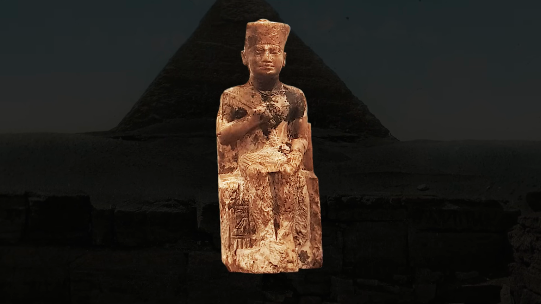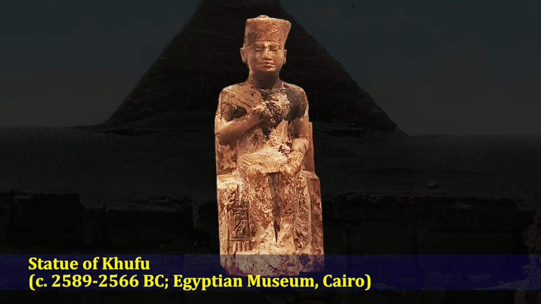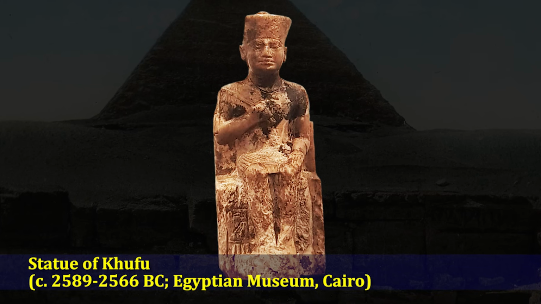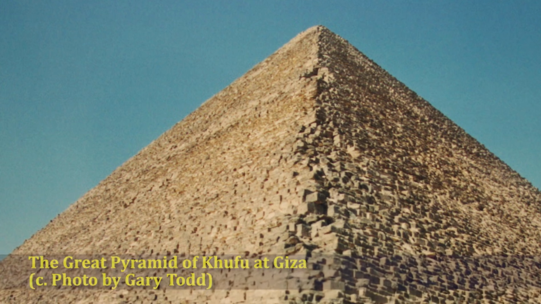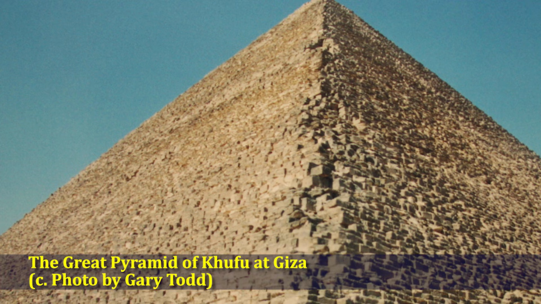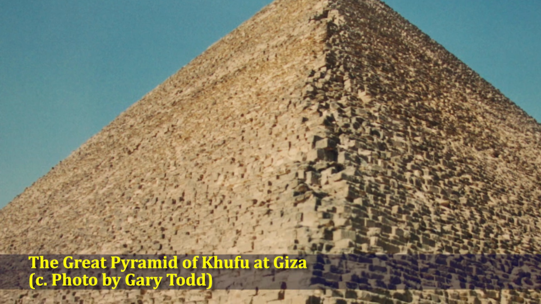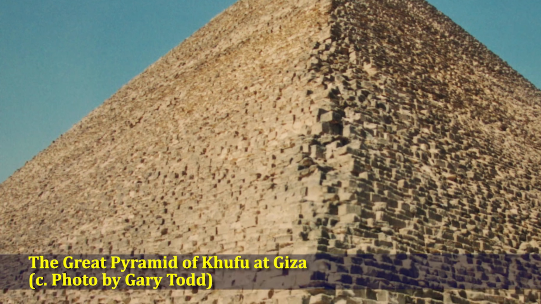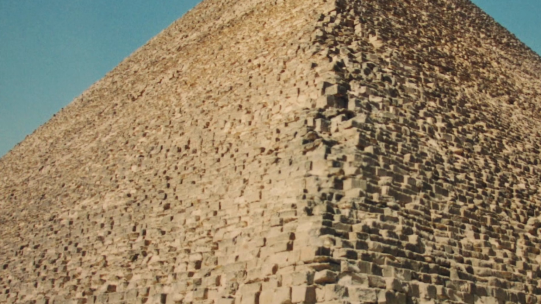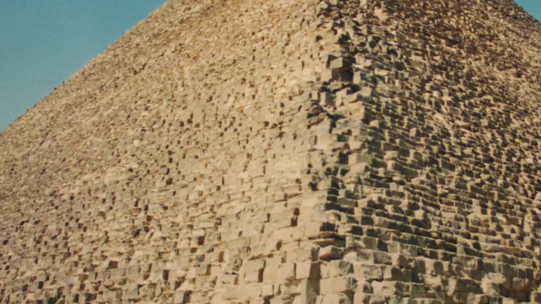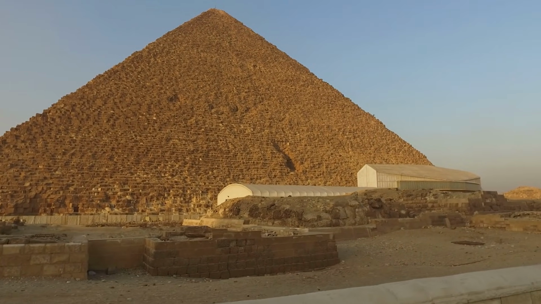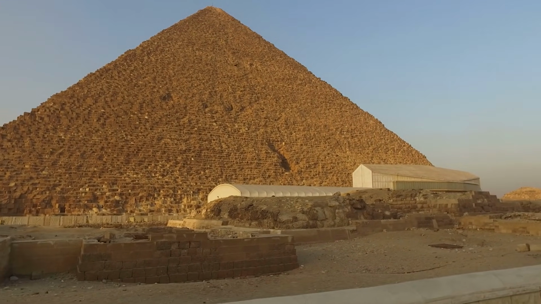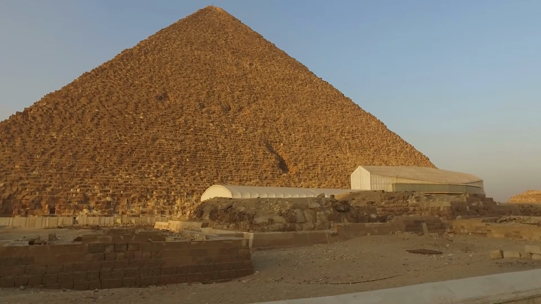The next king of Egypt is possibly one of the most famous, not for any of his great personal deeds, battles fought, or skills at statecraft, but due to the great monument he commissioned, and that has lasted, very much intact, to our own day. In fact, it's the only one of the 7 great wonders of the ancient world still standing. What I'm referring to, of course, is the Great Pyramid at Giza, built for Snefru's son and successor, King Khufu.